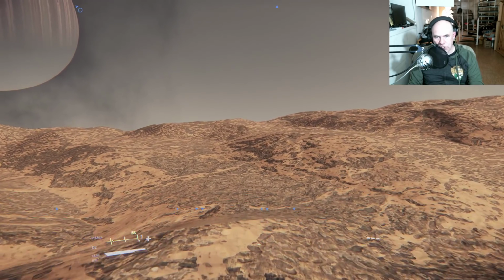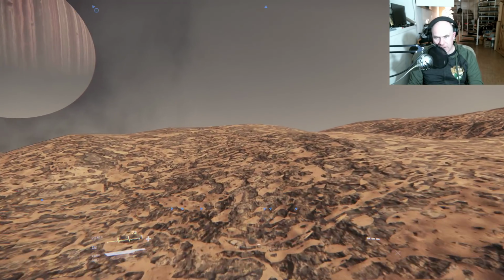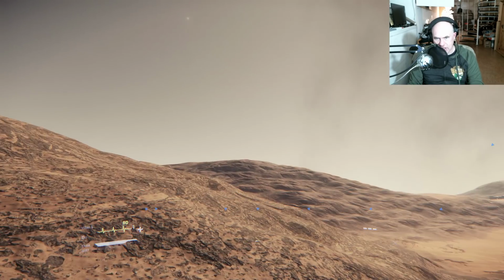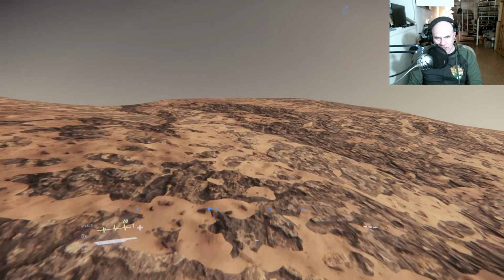RSS is Real Scale Solar System, and that is part of Kerbal Space Program. It's a mod which allows realistic planet scales and everything in the Kerbal universe. And it also...